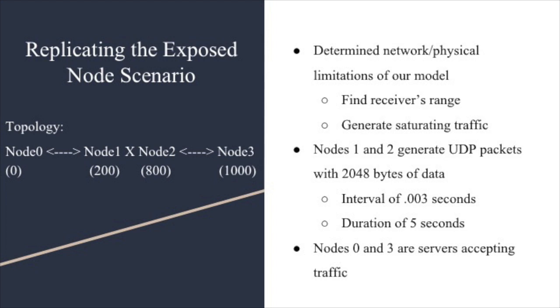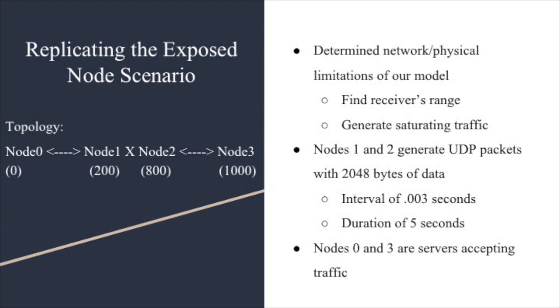And so we had to find the various ranges of our receivers given our network parameters, and then generate traffic that would saturate these links so that we could get verifiable exposed node instances. And what we essentially found was that if we place nodes 0 and 1 at the coordinates 0 and 200, and nodes 2 and 3 at 800 and 1000, that we could replicate the exposed node scenario. And these coordinates you can think of as a one-dimensional node structure,